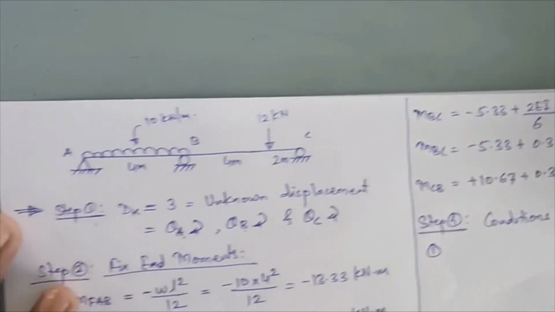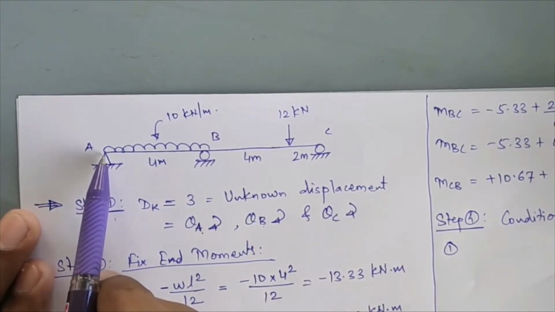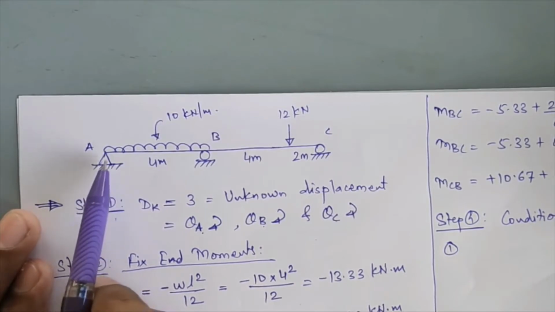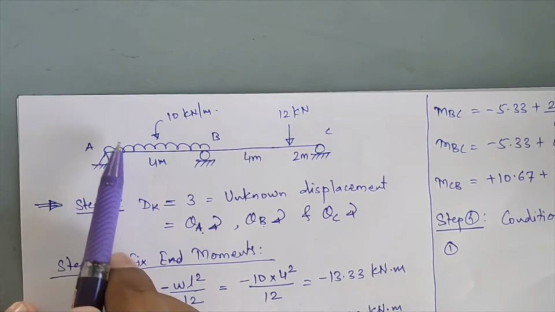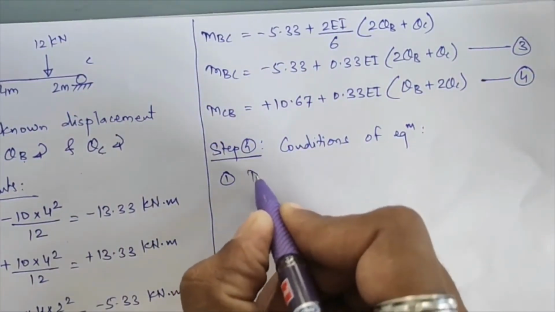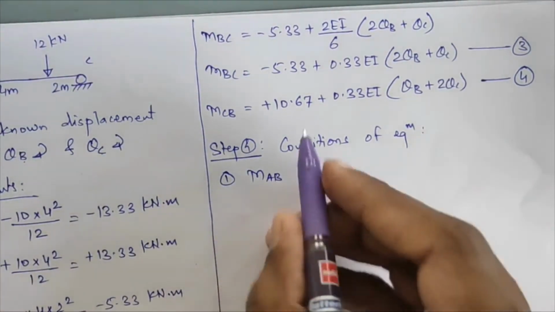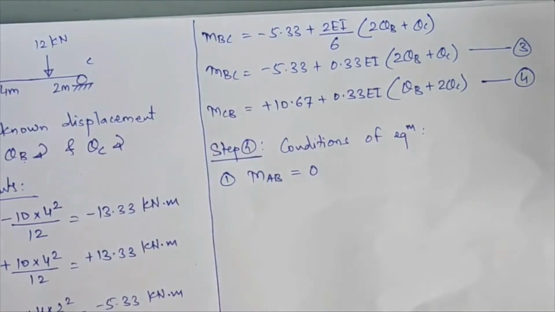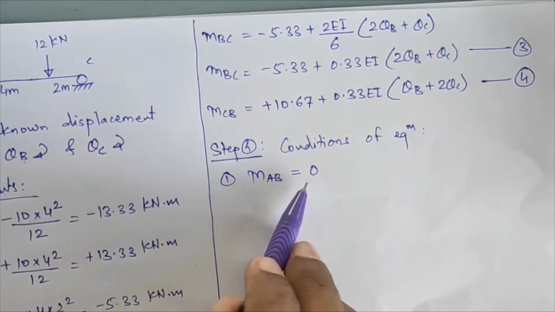Okay. So we'll check the first condition, at which support it is arising. So we'll start from support A. Support A is a hinge support over there. So it is the end hinge support. So we can say that this support is incapable of resisting any type of bending moment over here. So I can say firmly that my first condition is that the moment at joint A, that is MAB, will be equal to 0. So this will be my first condition of equilibrium, that is MAB equal to 0.